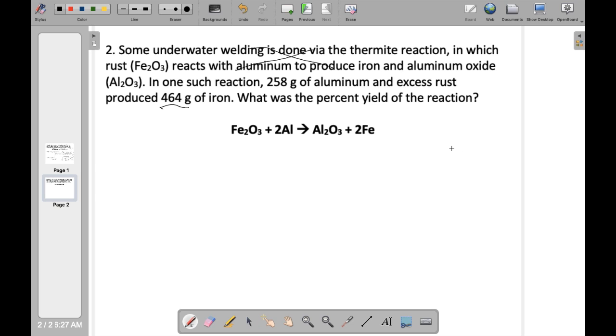And this is more of a standard sort of mass-to-mass stoichiometry. They give us 258 grams of aluminum. And we need to know how much iron is produced. So they're giving us aluminum, and we need to know how much iron is produced. This is a mass-to-mass stoichiometry. As you notice, nothing here is a gas. They're all solids. So 258 grams of aluminum,